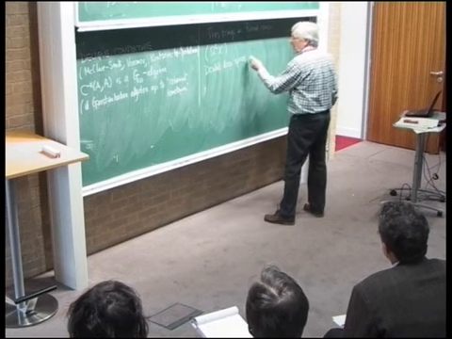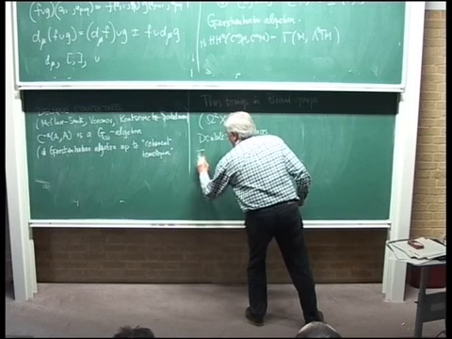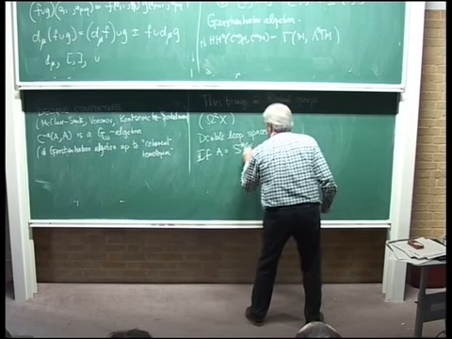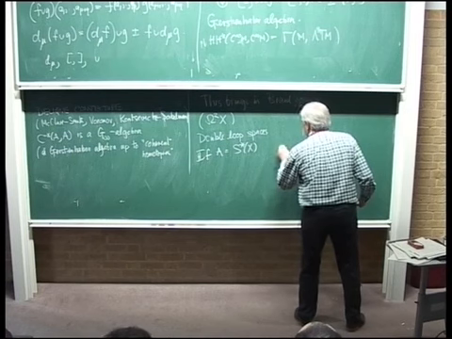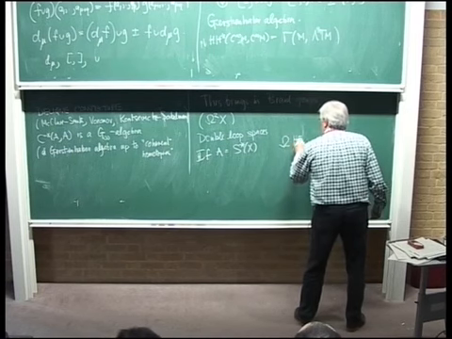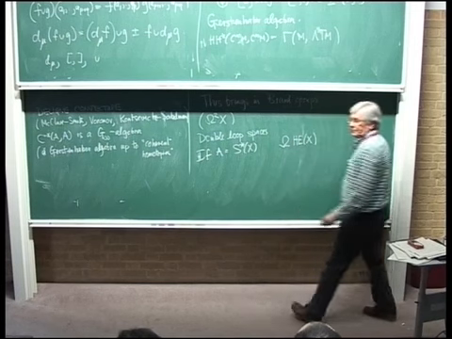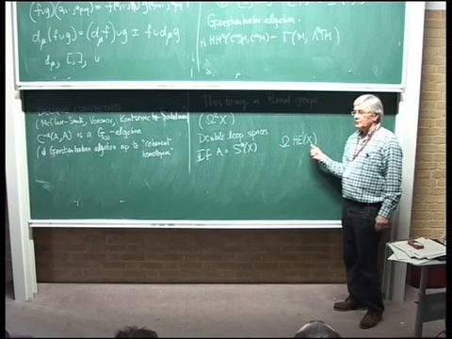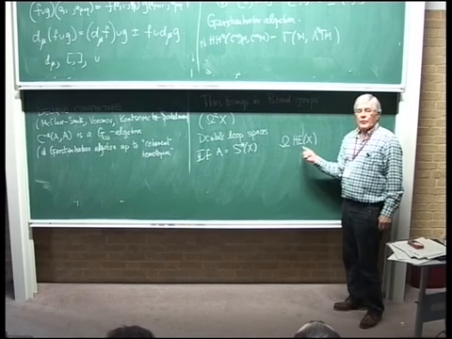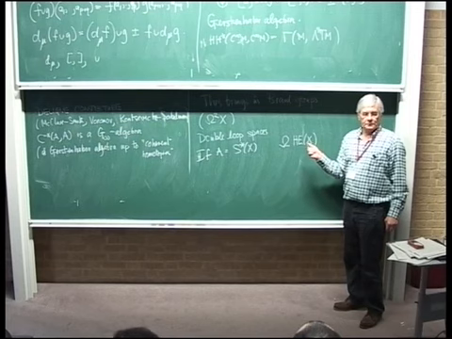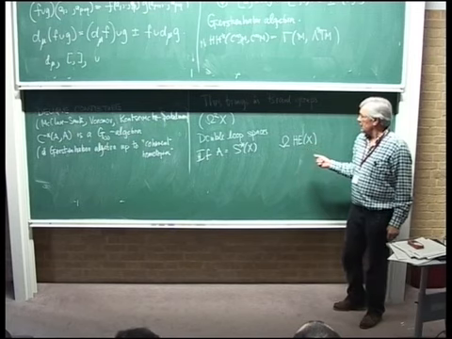And I claim the relevant double loop space, for the cochains on X, a topological space, is the loops on the space of homotopy equivalences of X. Okay? Why is this a double loop space? Well, this thing is a group. Therefore, it's a loop space. It's loops on its classifying space. Sorry, what is AG? The group of homotopy equivalences of X. Okay? The group of homotopy equivalences of X.